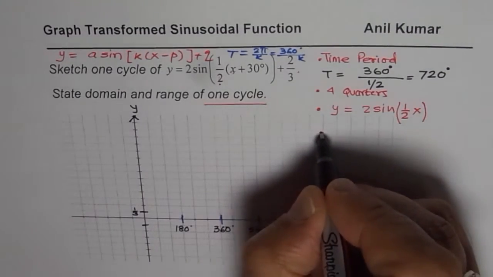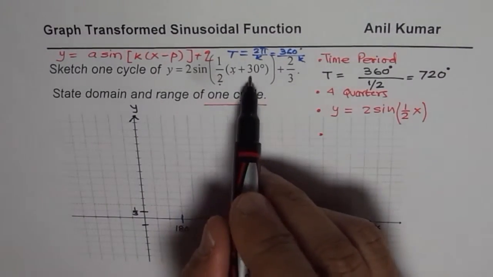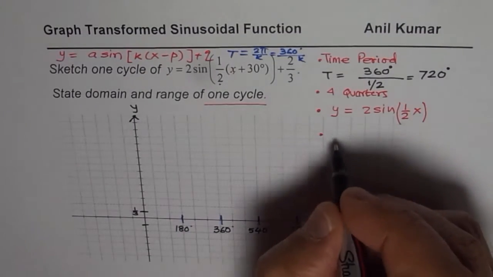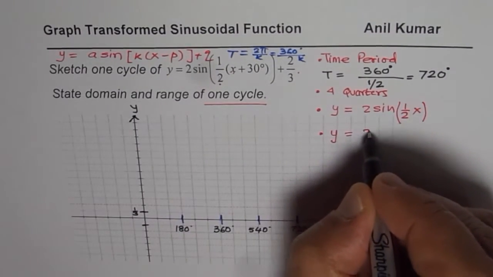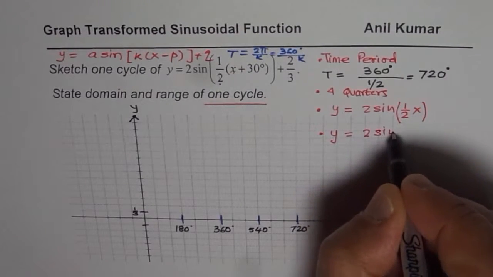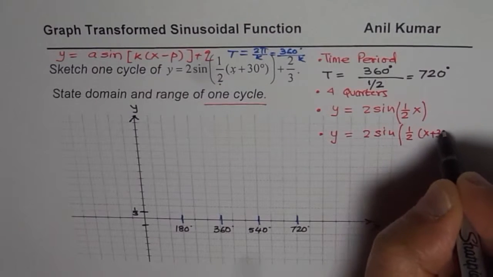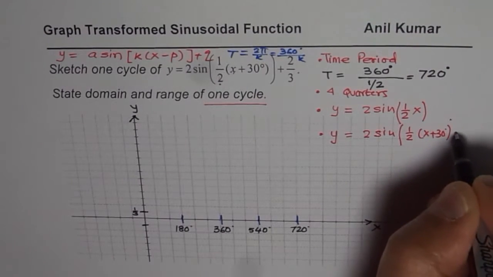And in the second phase, we'll take care of translations. So multiplications first, translations later. And then we'll do y equals 2 times sine of half of (x plus 30 degrees) plus